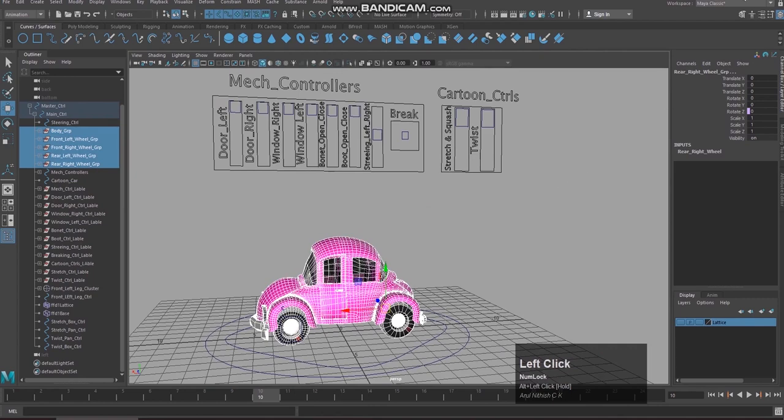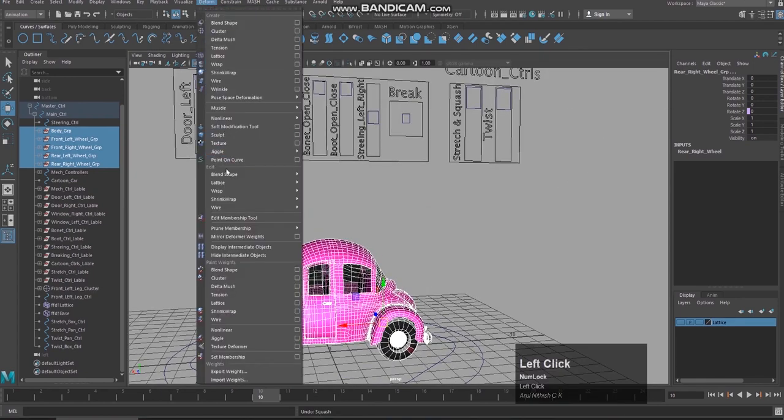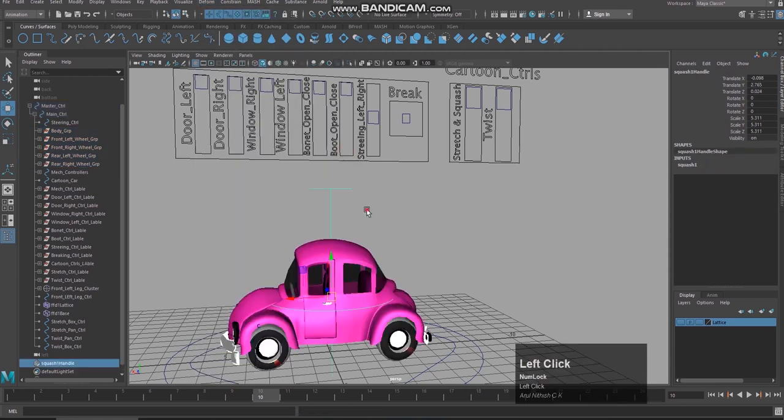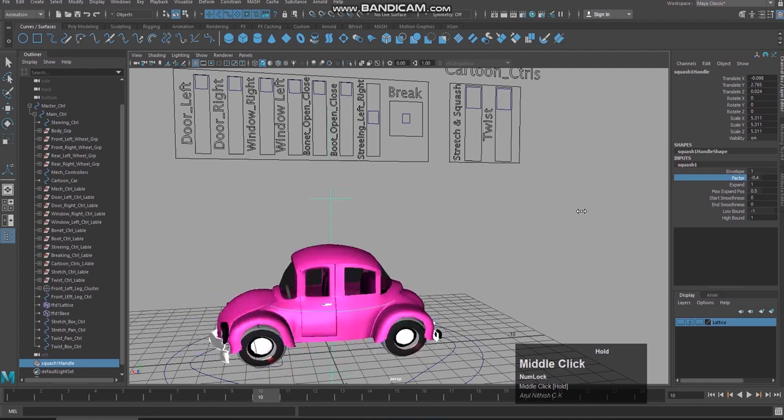Once again go to the deform and go to the non-linear deformers, and apply this squash. Okay, so when you select the squash handle, you can see the factor, the stretch and squash is happening, right?